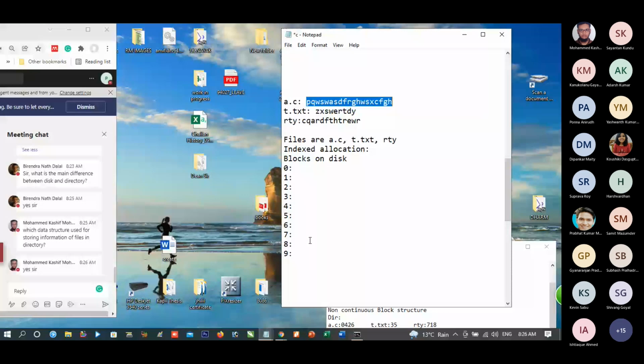Now, our file is A.C. Let the block size be 5.